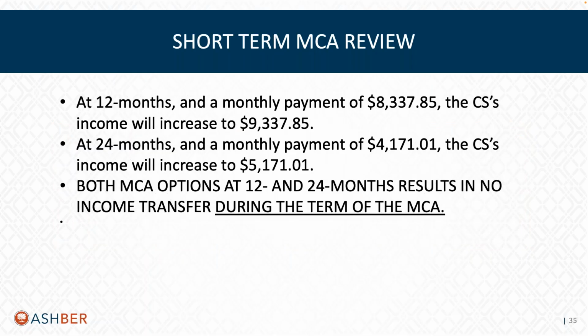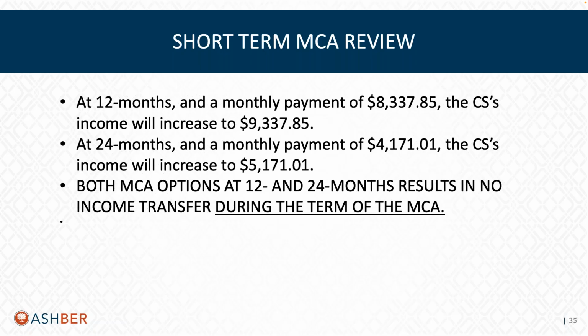So let's look at the short-term annuities, the 12 and 24 months. At 12 months, with that monthly payment, the community spouse's income is going to increase to $9,337.85. And at 24 months, the CS's income is going to increase to $5,171.01. So for both of our options, as you can see with Nancy's income in those 2 scenarios, there is not going to be an income transfer during the term of the Medicaid compliant annuity, because Nancy's income with the annuity payment is over her MMNA of